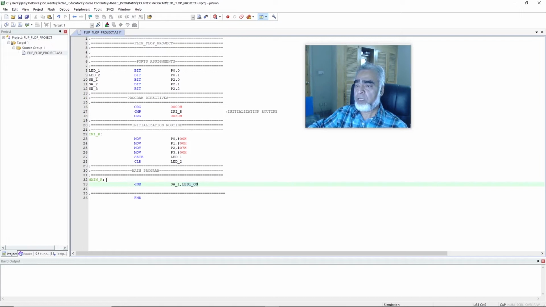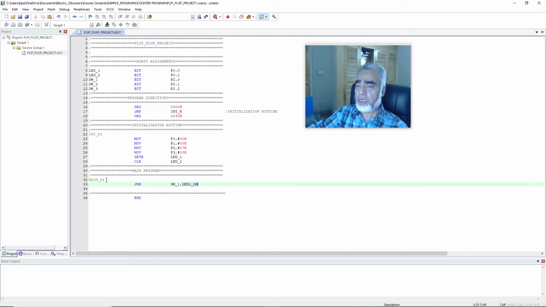So here we have written the name of our subroutine, that is LED 1 on, and our program will check if the status of the bit switch 1 is low, then it will jump to the subroutine LED 1 on,